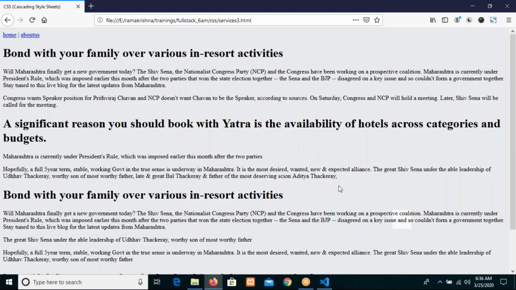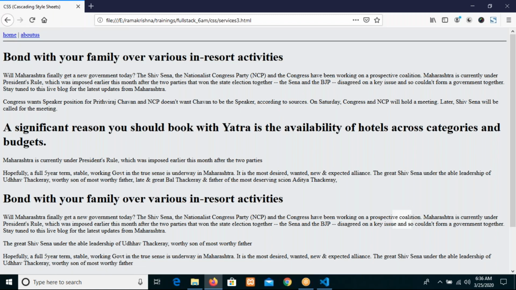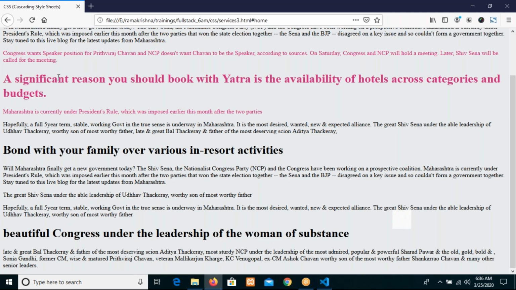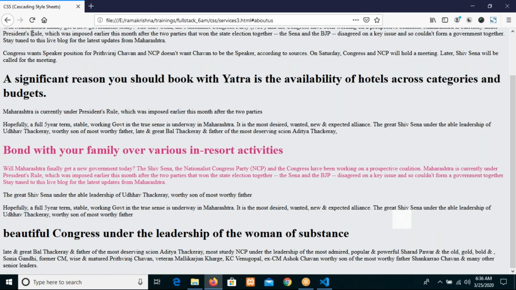Then when user clicks on a particular link, that particular div totally is highlighted now. Then when user clicks on about us, this particular div. So we got a clarity that where that user is clicking and what content is highlighting. Then